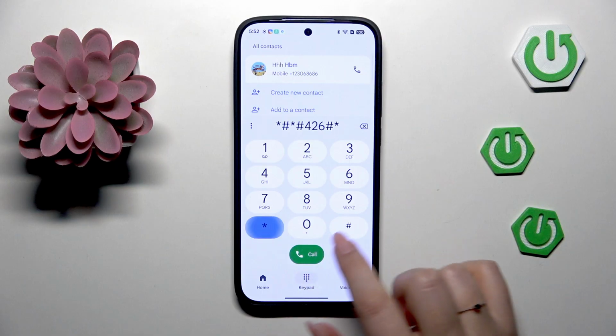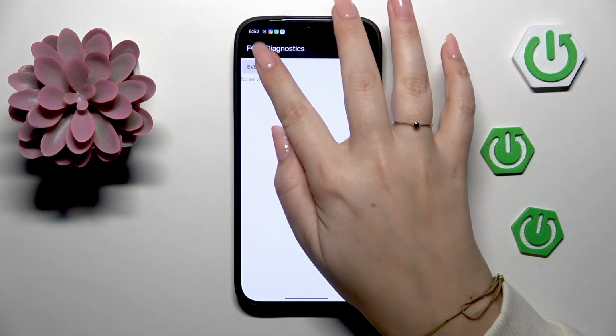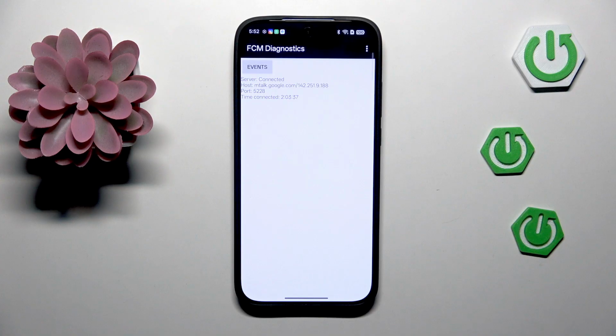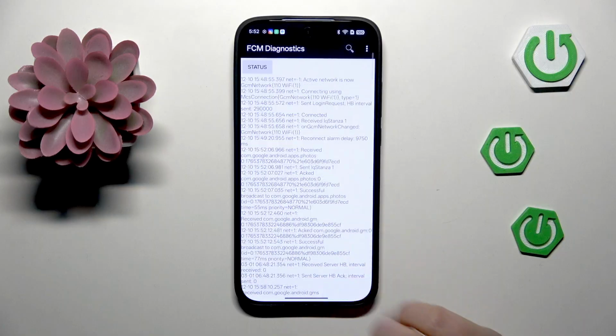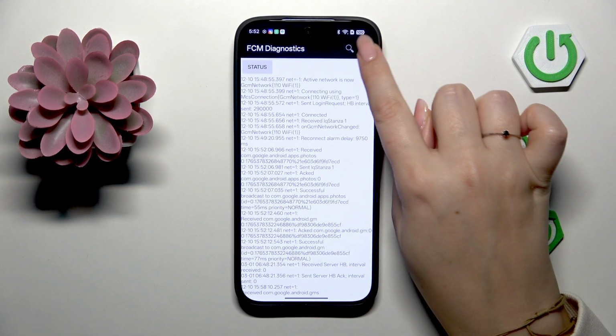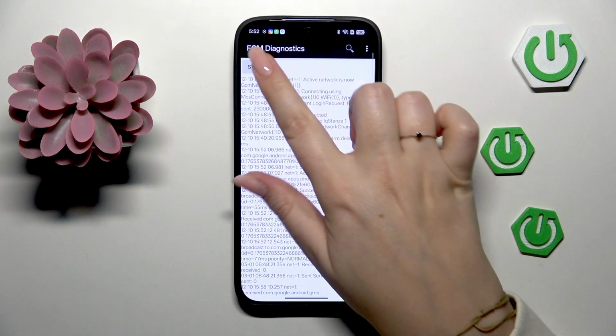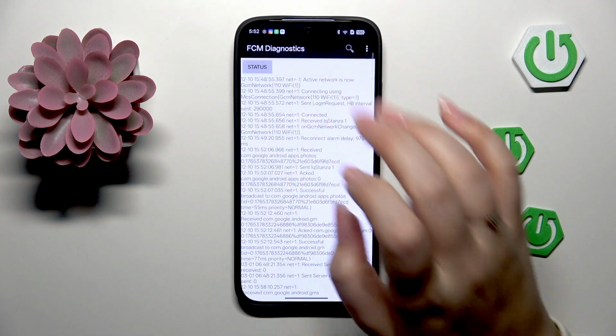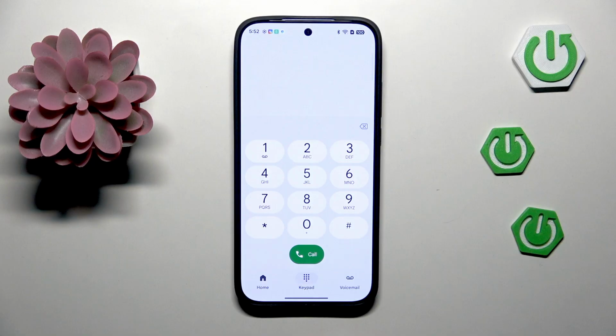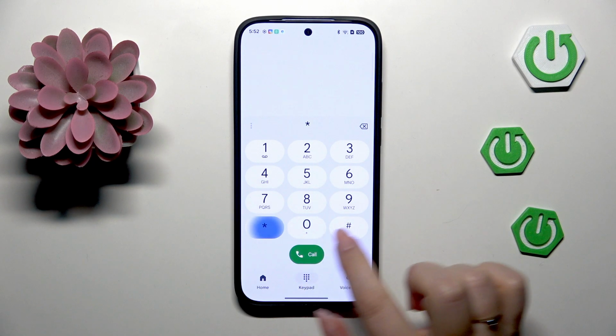*#426##. And here we are in the Diagnostics, so we can check the server, host port, time connected. We can also tap on events, and here we've got some further details. After tapping on the three dots icon, you can show advanced view. Just tap on the status again, and here we've got more information. So for example, the heartbeat, last ping, or HB algorithm. Let's go back, and another code, which is